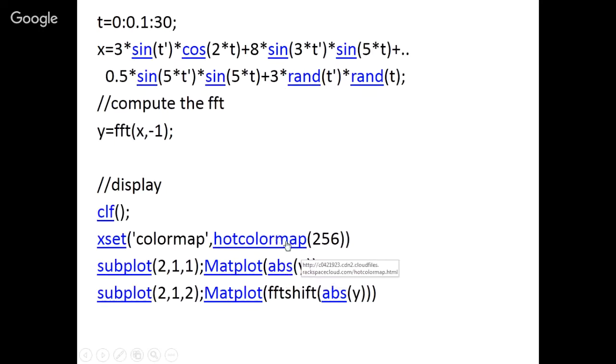This is your hot color map, that means all your graph will be with the help of this RGB color that we have given, 256. So you can just see what will be the background color and all these things. So I suppose that this command you can take,